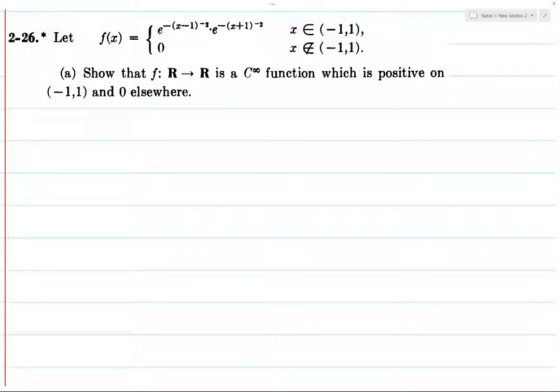Alright, so let's start with a proof of what actually turns out to be Urysohn's lemma, i.e. the existence of a C infinity function which takes a value 1 on a compact set and vanishes outside of an open set which contains that compact set. So this is a very important exercise and a very important result that will come up a lot in real analysis and especially functional analysis, and also in point set